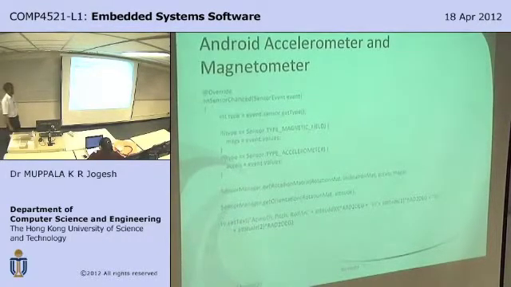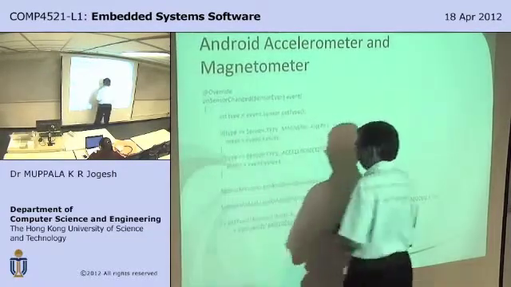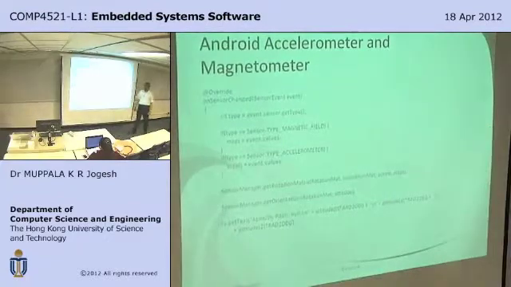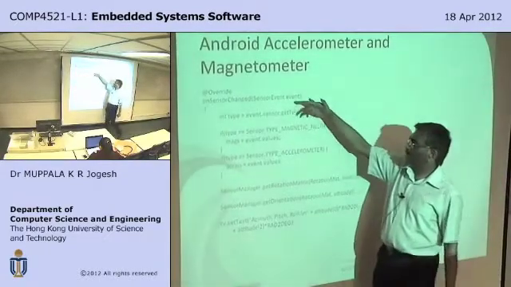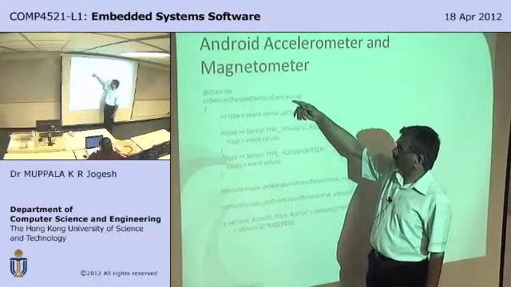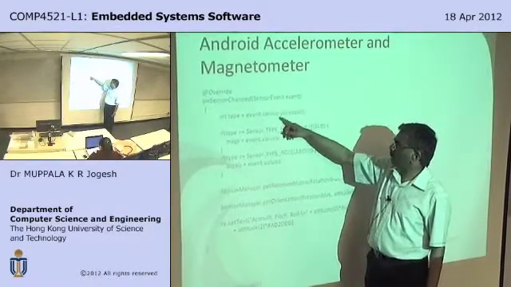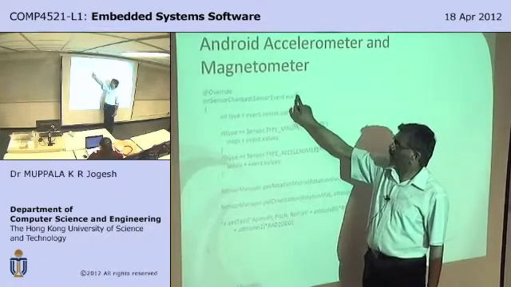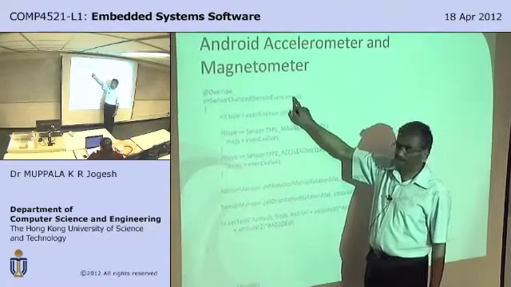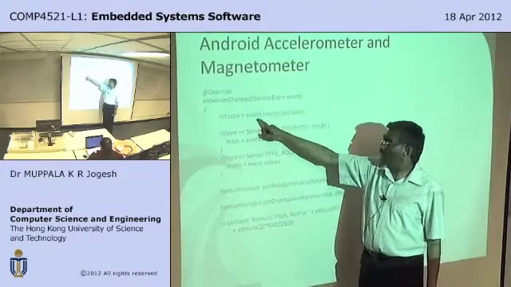Within your device, this is how you might implement an example of a sensors changed callback method. What are we doing here? You're looking for an event. When the event is delivered, you say event. So when this method is called, this event object will be returned to you, and then you check